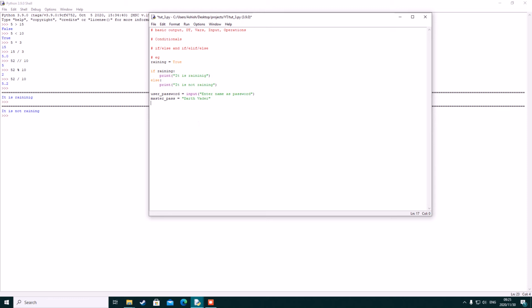So far we saw if else. If user password is equal to, now notice I use two equals to sign. Why is that? A single equals to sign assigns data or value. Example, x is equal to 25. That assigns. We put two equals to sign because this checks if values are the same. It doesn't assign. That's all. So two equals to signs checks. One equals to sign assigns value. If user password is equal to master pass,